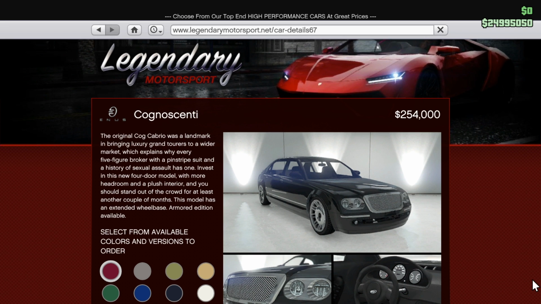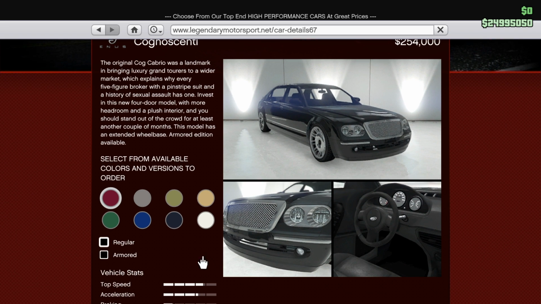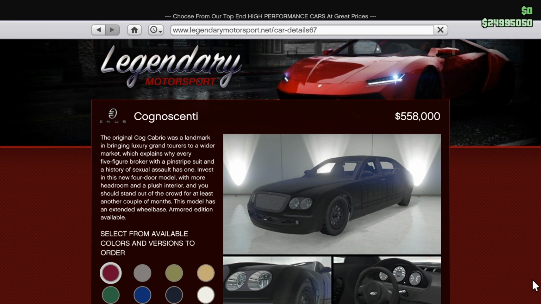And there's also a couple of other versions of the Cognoscenti as well. There's a Cognoscenti Cabrio that has been in the game since day one. It is a two-door convertible version of this vehicle for $185,000. And also in Executives and Other Criminals, Rockstar added the Cognoscenti 55, which is basically just the full-size sedan version of this vehicle. The regular price is $154,000, and the armored version is $396,000. So there's a handful of variations of the Cognoscenti already in game,